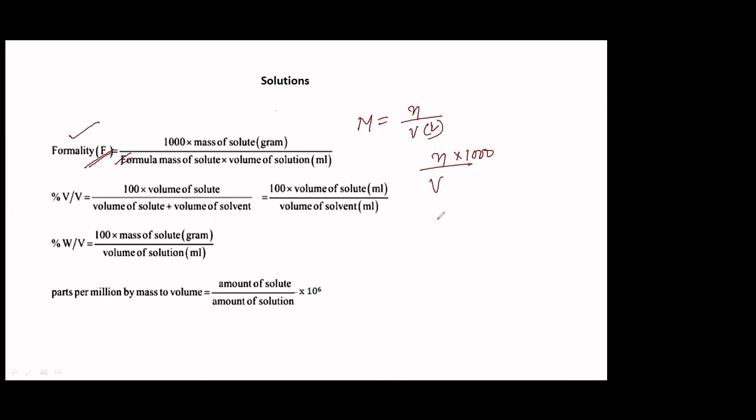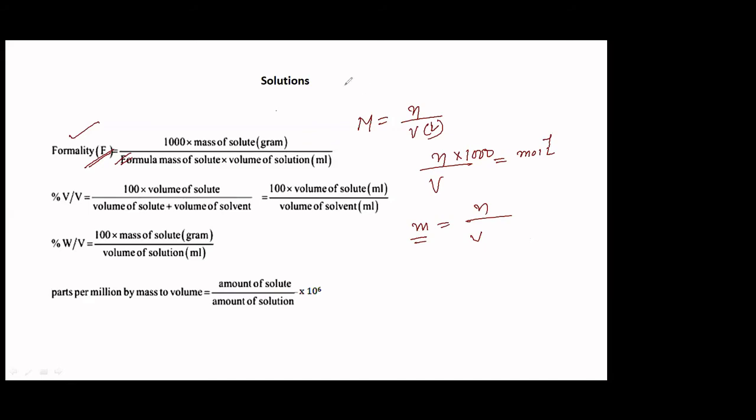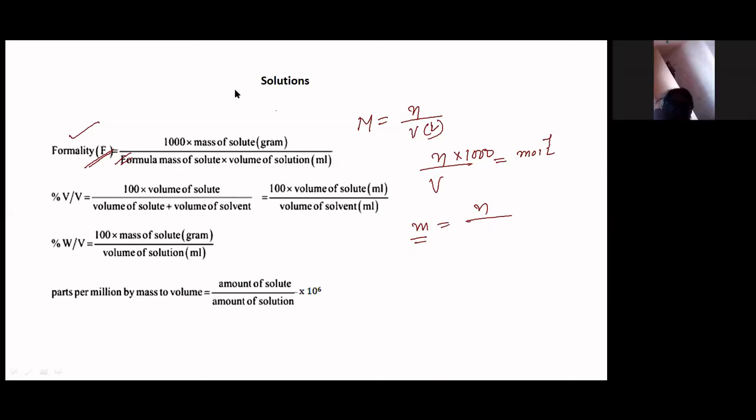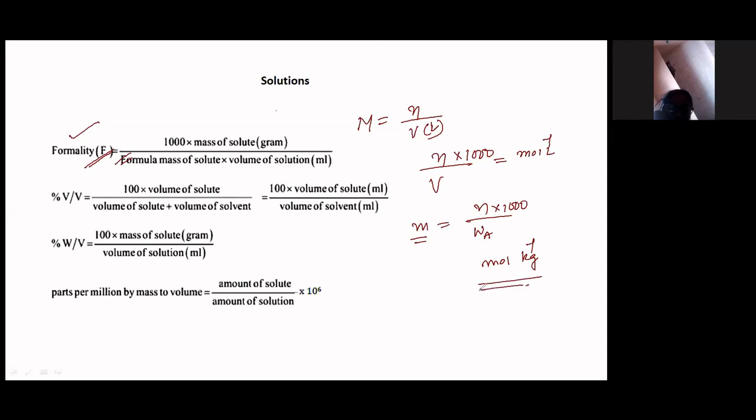And then you have molality, small m. And what is the unit of this? Mole per liter. Molality, if you take, it will be number of moles divided by volume of solution. It's on mass of the solution, isn't it? Mass of the solution in grams into 1000. But if you take it in kg, then it is only the mass. Okay, this is mass of the solvent, WA into 1000. So the unit of this will be mole per kg. This is the unit, okay?